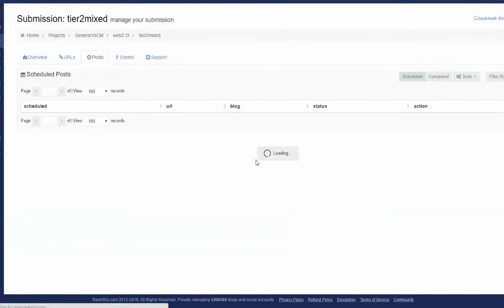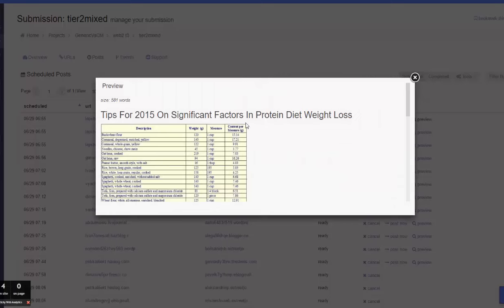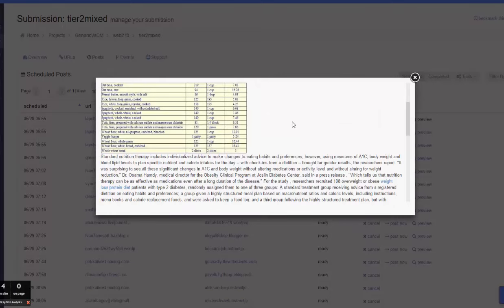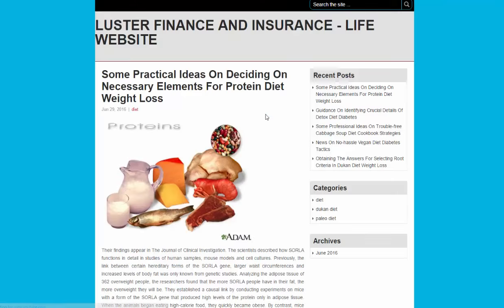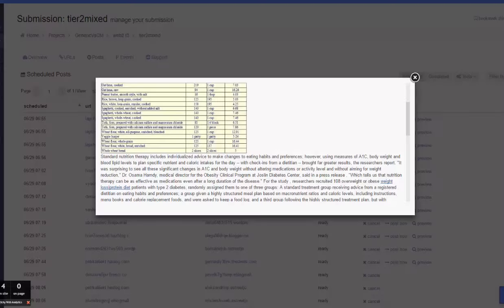So when the system creates the second tier article, it will use the exact same topics, protein diet, weight loss, and it links to the protein diet, weight loss on the higher tier. So this is backlinking the tier 1, protein diet, weight loss.